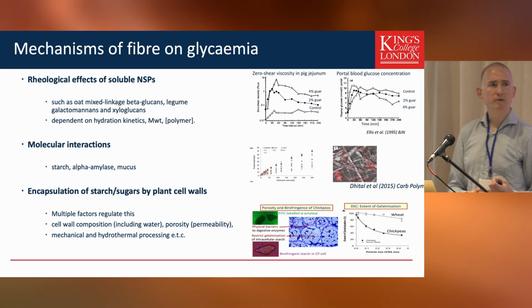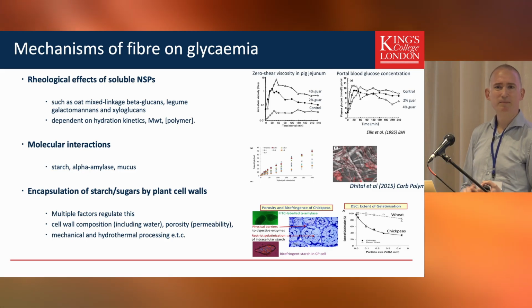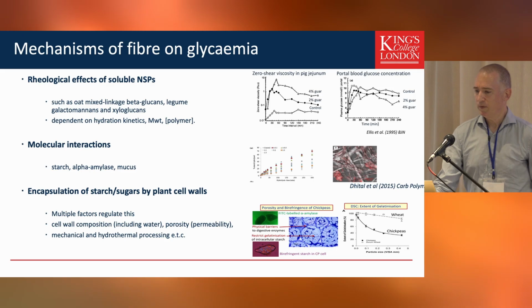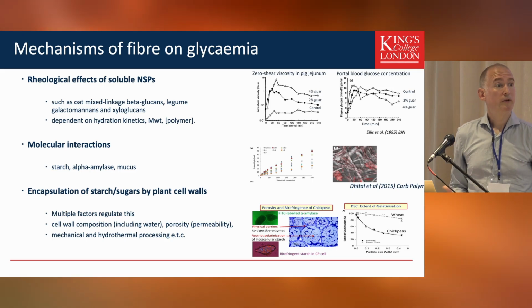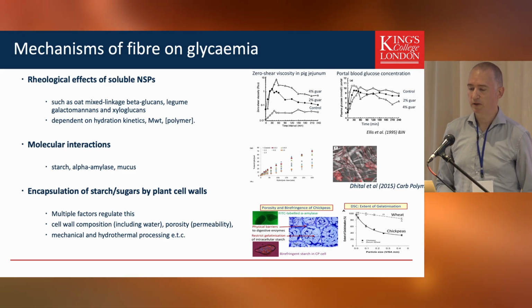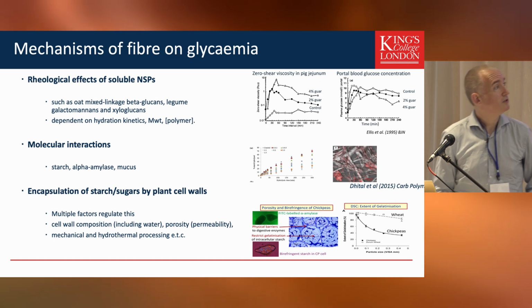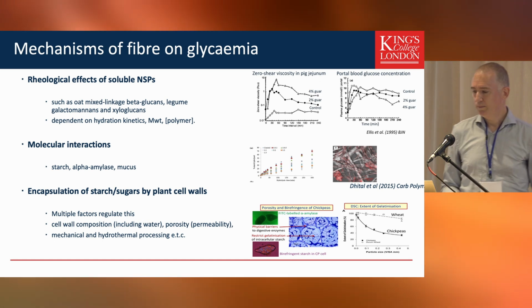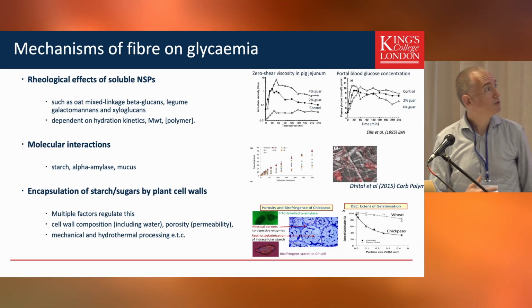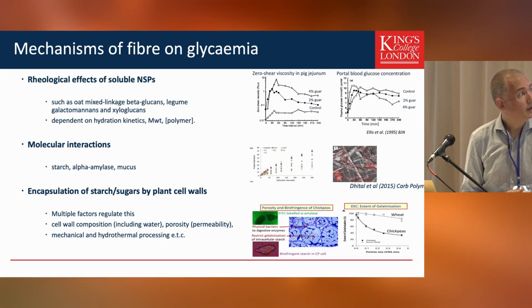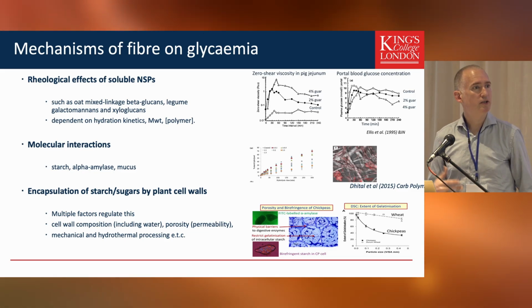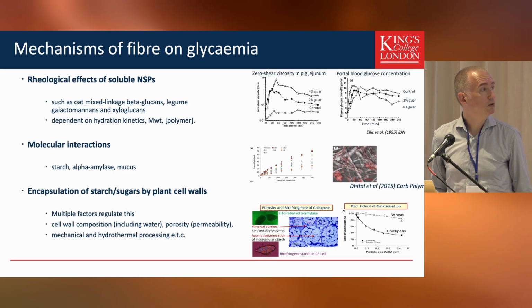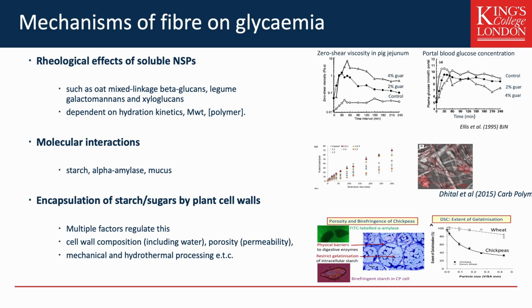But also the importance of hydration and particularly molecular weight, which is extremely important in terms of whether you're actually going to see a physiological function. So this is an example where galactomannans were fed to piggies, and they looked at the change in, as you increase the viscosity in the lumen, you see a decrease in plasma glucose.